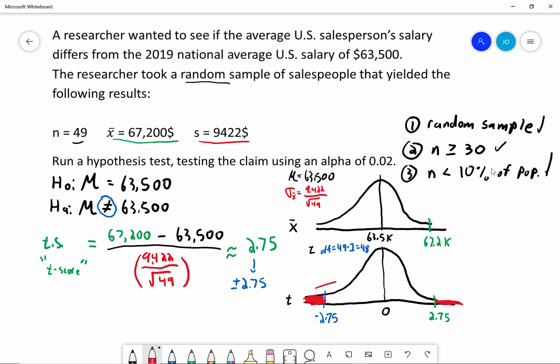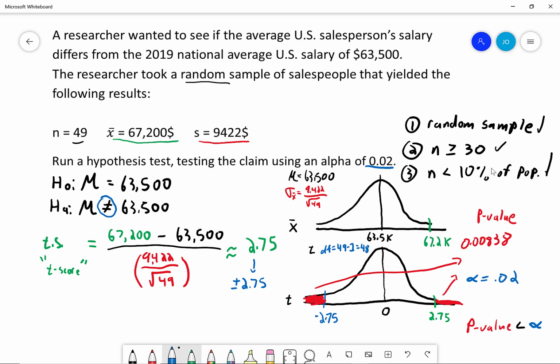We found this area to be 0.00838, which is our p-value. We'll compare that to alpha, which in this problem is 0.02. Since our p-value is less than alpha,